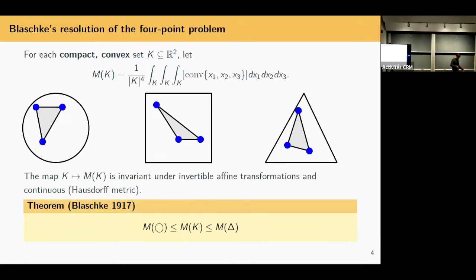Okay, so this, I think, is a very elegant way to address this question, address all the sort of deficiencies in the question. And now it's not one probability, but it depends on the shape of your probability space, and the range of numbers are between these 2 values. What you would get if you were sampling the points in a triangle, or what you would get if you were sampling the points in a circle. Or, I don't have to specify the size of these because I have normalized, and I don't have to specify what position or image of these because there's some affine invariance. Okay, so circles are minimizers, triangles are maximizers.